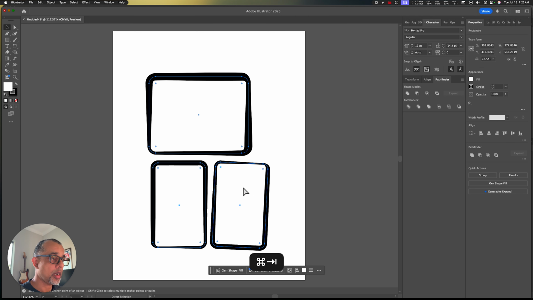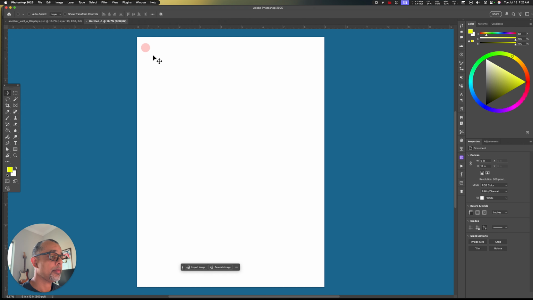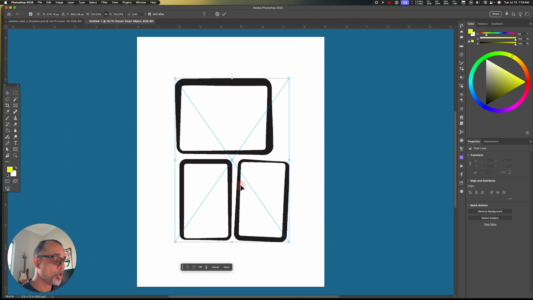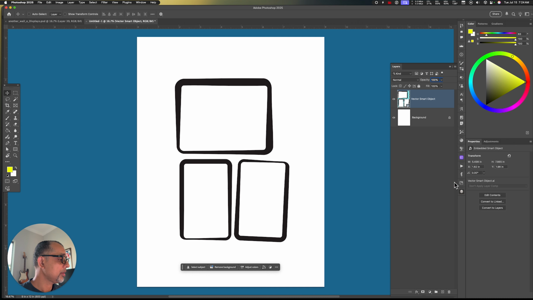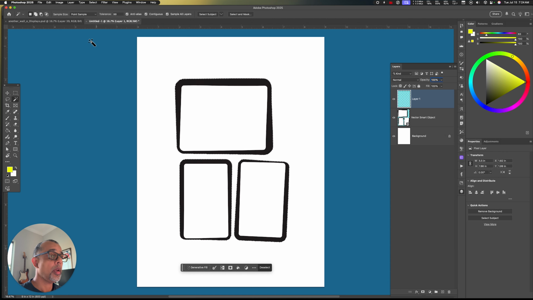I'm going to hit Command-C to copy it, and then in Photoshop I'll make a brand new document and I'll hit Command-V to paste it. And now I've got a smart object, so you can see that those objects now show up. I can hit Return, and then from there I can now use the magic wand tool. I'll click outside, and then I'll inverse the selection by holding down Shift-Command-I, make a new layer, and I'm going